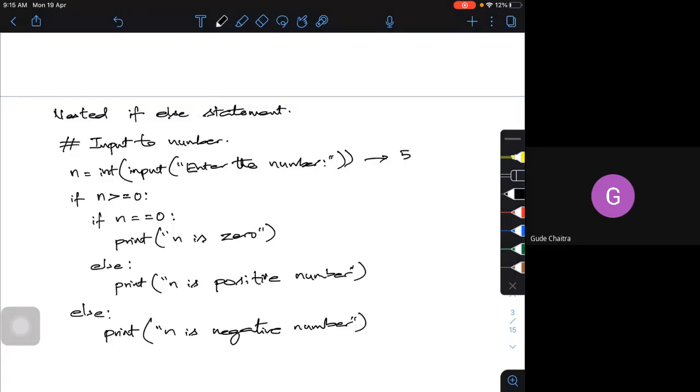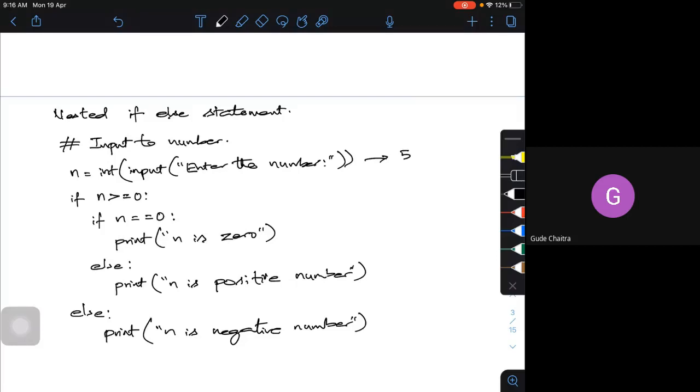If n is greater than or equal to 0, yes, it is, so it goes to the next statement. If n is equal to 0, no, the condition is false. So else, the output will be n is a positive number.